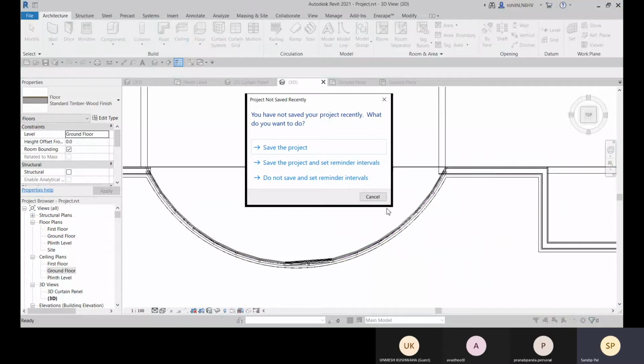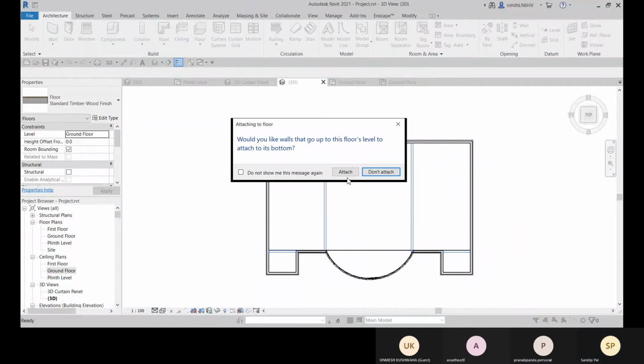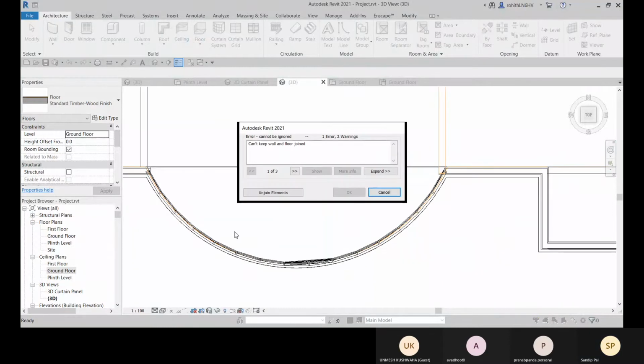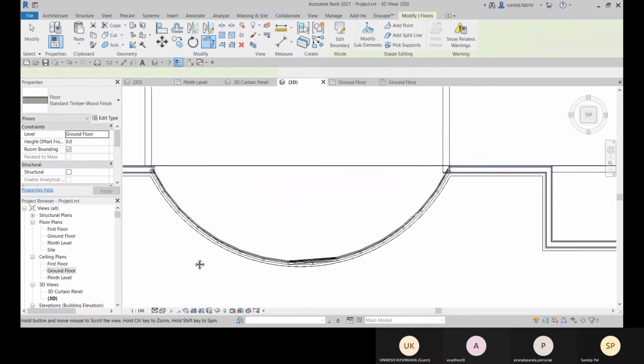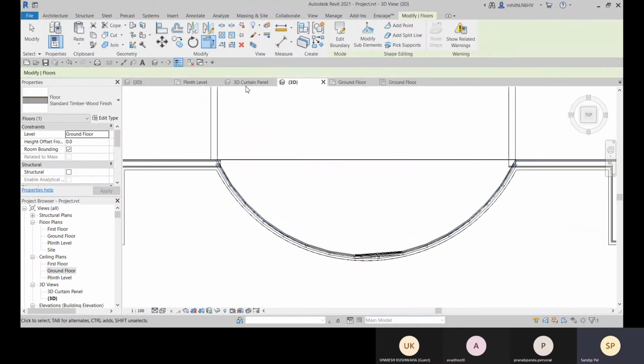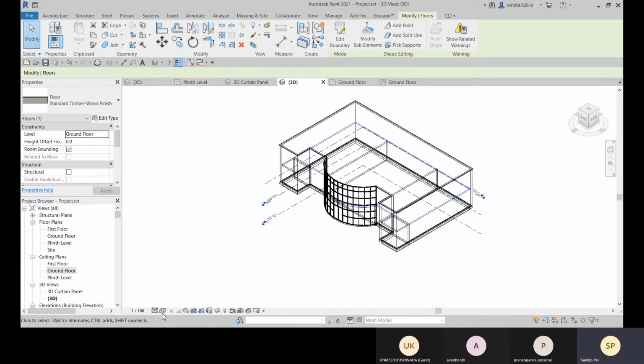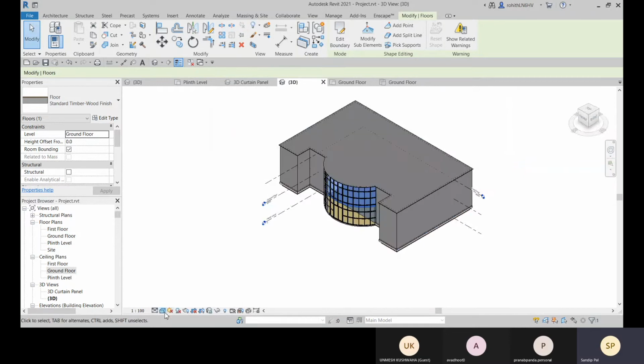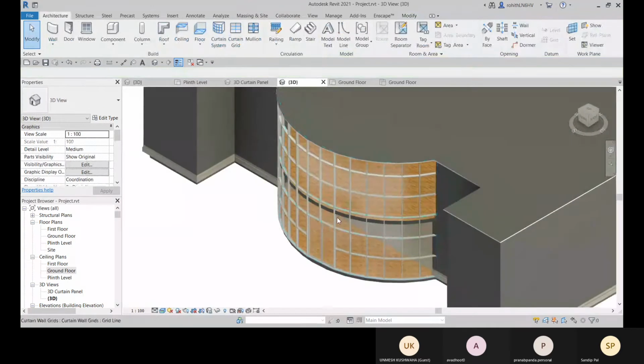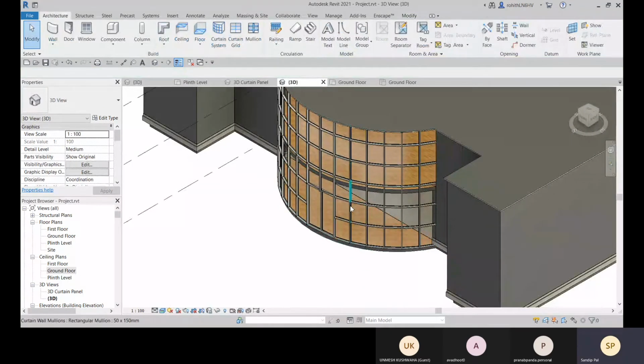Now let me finish it and it was attached. So that is done here. Let me get back to realistic. All right. So that is the floor.